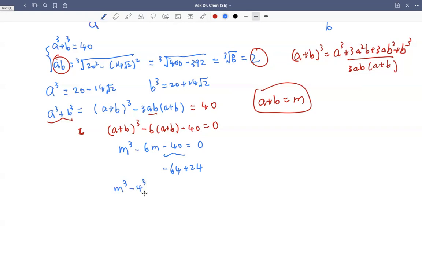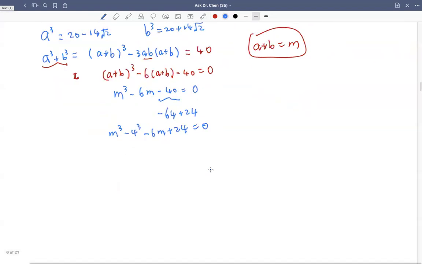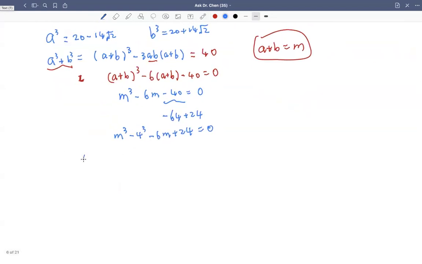So we make a difference of two cubes, then minus 6m plus 24. The difference of two cubes can be factored as m minus 4 times m squared plus 4m plus 4 squared,